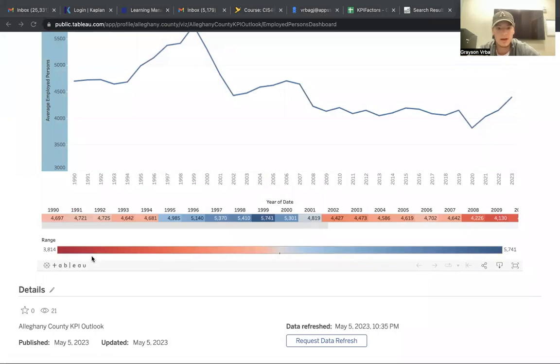And that will open up in Tableau. That is the public version, so there is no cost at all and it is easily accessible. Through this, although it takes a moment to load, you see KPI factors such as employed persons can be utilized. And then we see employed persons, high school graduates or higher, and income inequality. These take a second to load, but they are all various charts that describe many of the basic trends